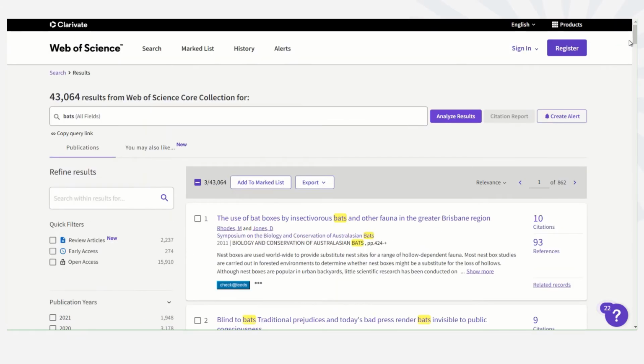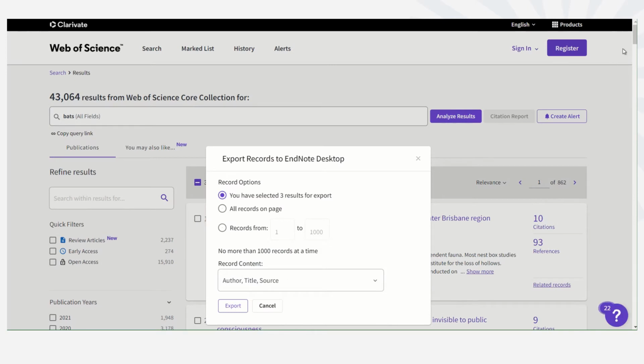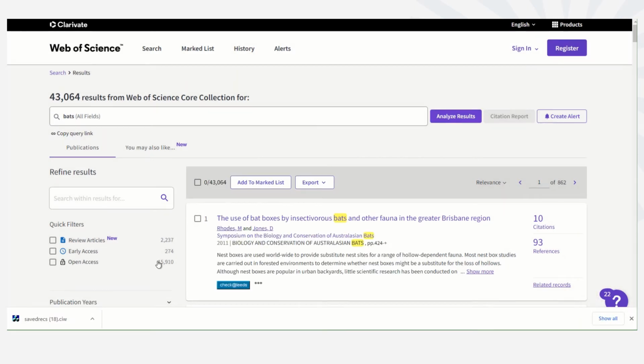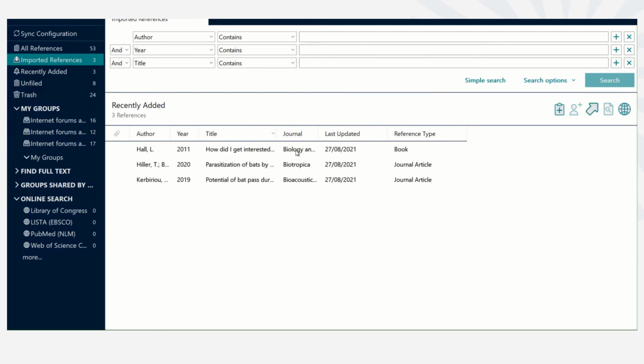And then I'll scroll up to the drop-down Export menu and select EndNote Desktop. And I'd like to make sure that I am choosing author, title, source and abstract before I click on Export. And then after a few moments, a file will appear bottom left, and if I click on that, I'll be taken into EndNote where I'll be able to see the 3 references I just selected coming in to